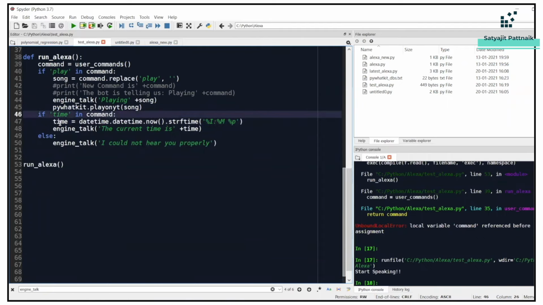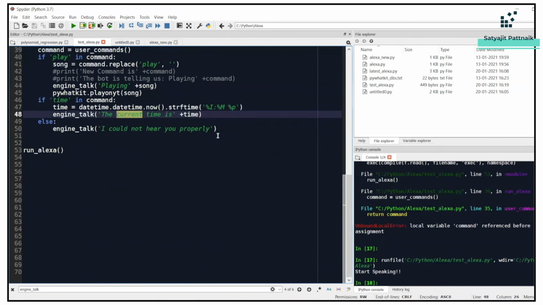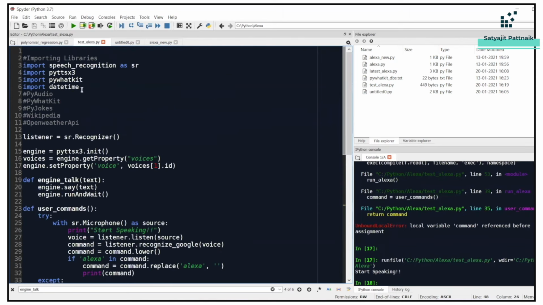So after we get the time part, what else can we implement? Let's try to implement something from Wikipedia. If we ask Alexa, tell me some details about who this person is, we need to import one library called Wikipedia. Once we import that library, we can get the details from the Wikipedia page itself. The prerequisite is that the person's or company's profile has to be there in the Wikipedia page. So let's try to import